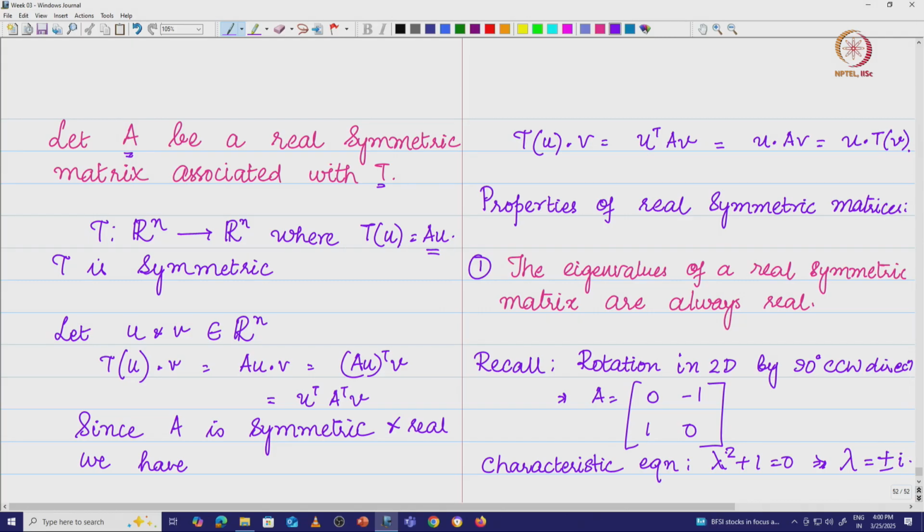This is interesting because here we had a real matrix. The real matrix ended up having complex eigenvalues, and the complex eigenvalues typically appear in complex conjugate pairs. Now this kind of a situation we will never land in if the matrix is real symmetric. So you can ask, on what basis do you say this? Do we have a proof for this? Can we prove that the eigenvalues of a real symmetric matrix are always real? Yes, of course. Let us look at a quick proof of this, and then we go ahead.